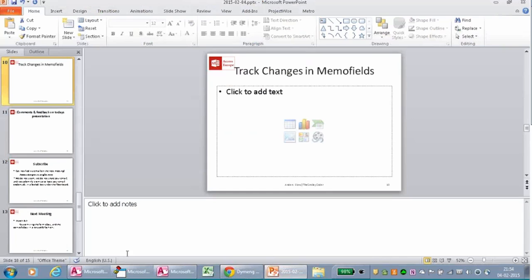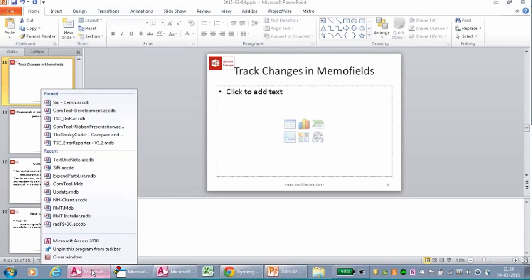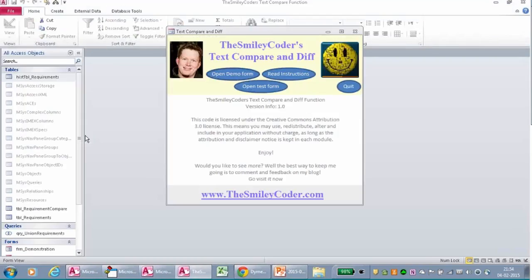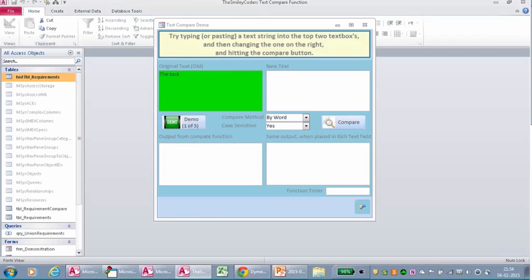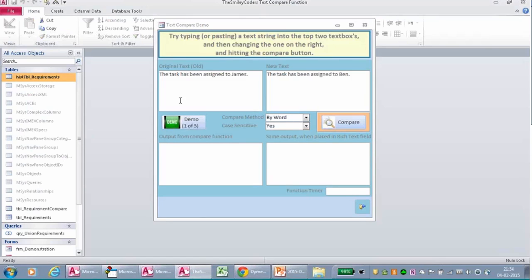So I'm not going to start talking about how to track changes in memo fields. I'm just going to really quickly show it as a teaser, and then I'm going to come back to it at another meeting. So basically, if you have memo fields, any part of text, and you want to track the changes,